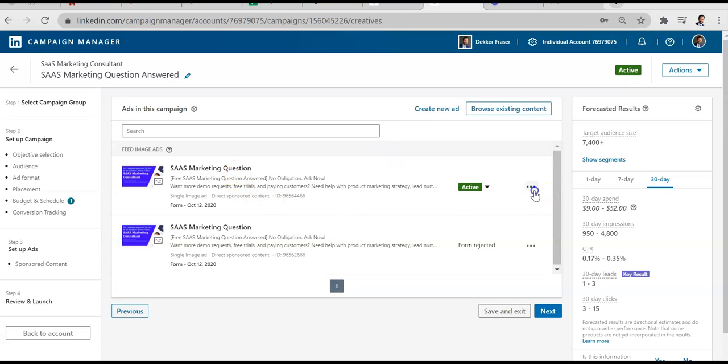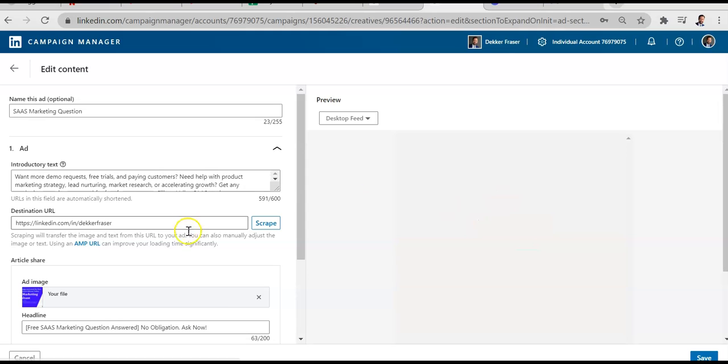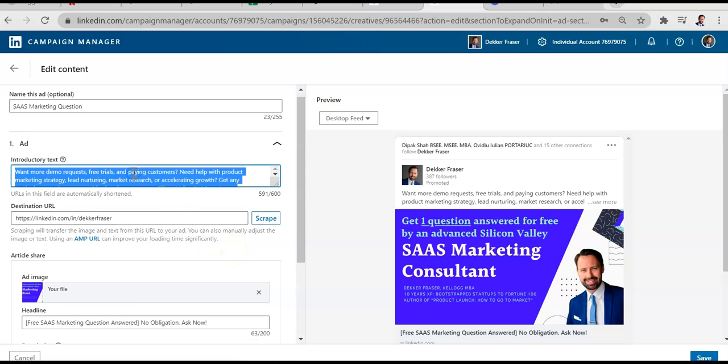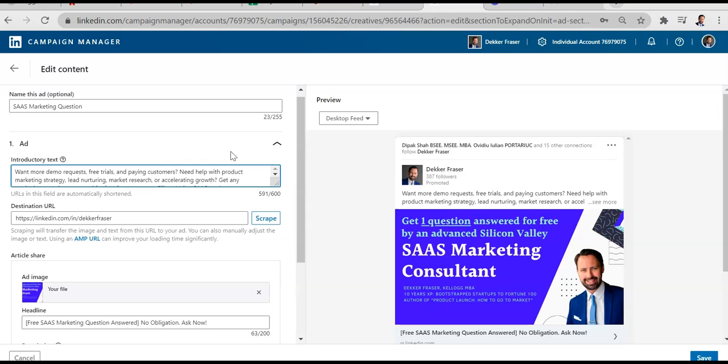So for this purpose, I'm just going to edit the current creative. What I would do is I just go in here, start changing the introductory text. So for example, I'm starting with a question. Maybe we want to instead use a different creative strategy. Rather than asking a question, what we might do is tell a story. Or we might use different copywriting frameworks like problem, agitate, solve. There are tons of different copywriting frameworks. You can look them up on the internet, test those ones. You could test video ads versus single image ads to see how those different campaigns perform.